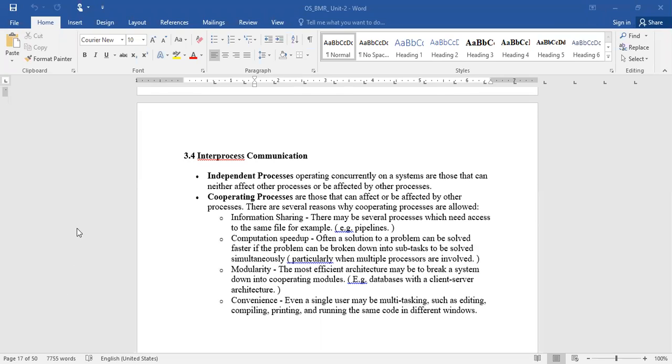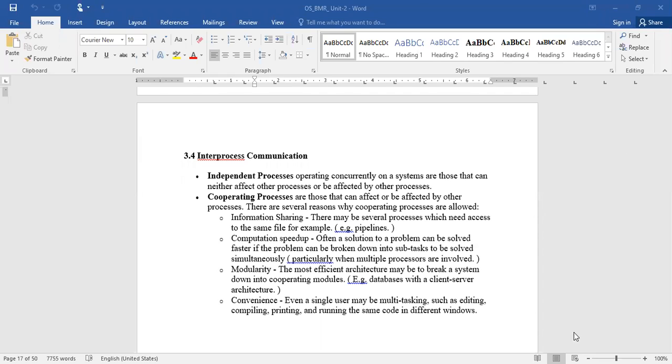The other side is cooperating processes. Why do we need cooperating processes? With independent processes the efficiency is good, but the computation speed is reduced, because only one task is executed, and after it completes, the next task runs. That means tasks execute sequentially, one after the other, so the CPU is idle for a long period of time.